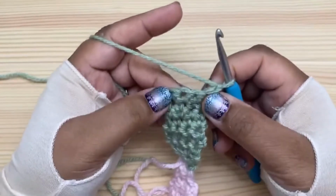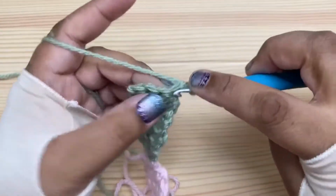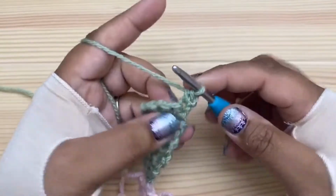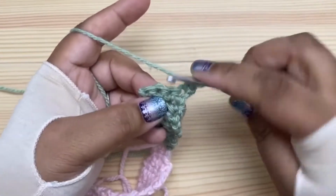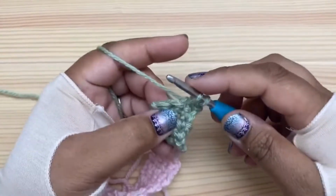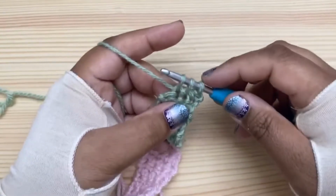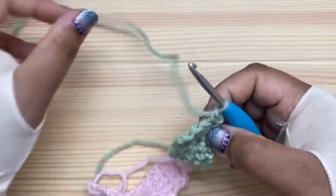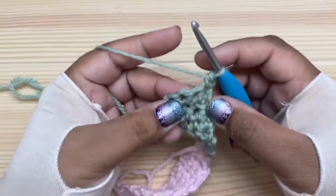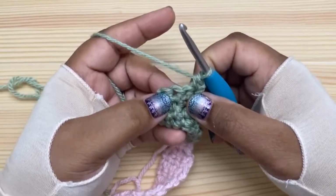So row 11, we're going to do a decrease right in the middle. And again, I have a fun, different way of doing a decrease. So I'm going to do one single crochet, and then I'm going to decrease over these 2 stitches. The normal way would be you pull up a loop in this stitch, you pull up a loop in this stitch, and then you go through all 3, and that is a single crochet 2 together, right? But that can be a little bulky, and it looks like a cluster. So I'm going to make this look a little more like a single crochet, and I learned this from someone